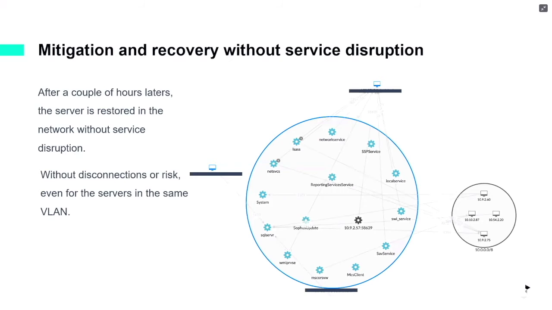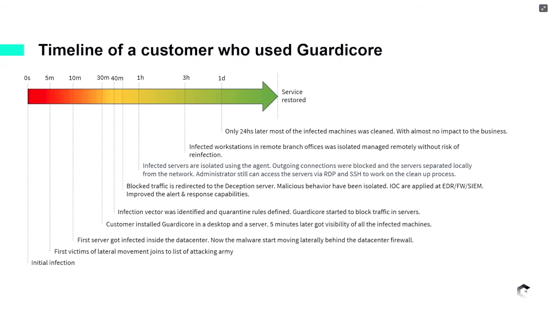And now we are back into business as usual. We have normal conditions in our environment, and basically this is something that has been dealt with within a few hours, this one says, but really the reality is we're talking about probably a day's time. So this is the timeline specifically with a customer who used microsegmentation, and compared with the other example, we're now talking around 1 day and without business disruption.